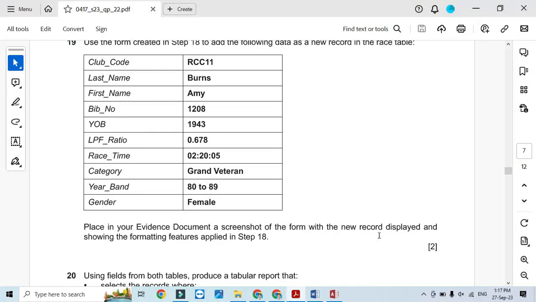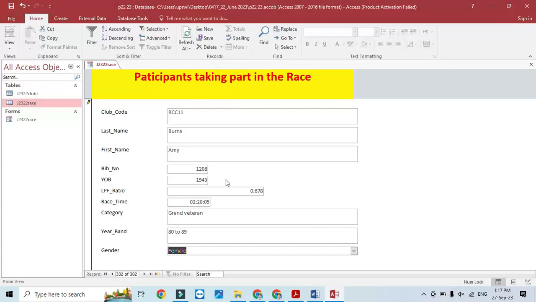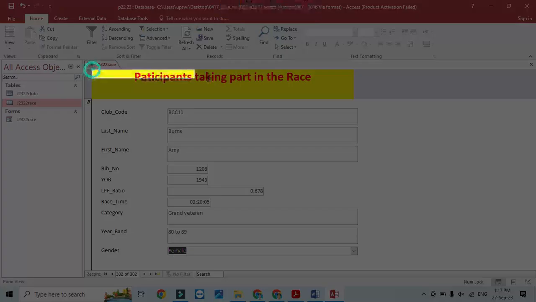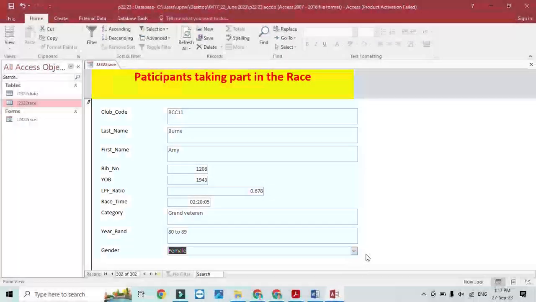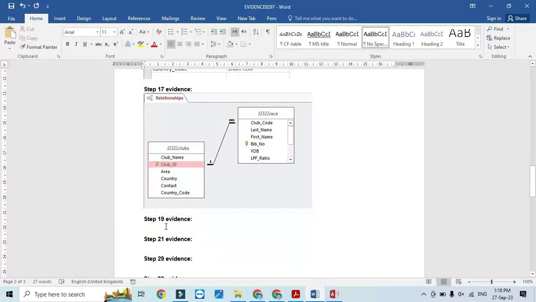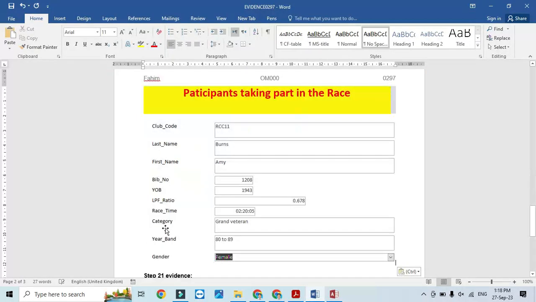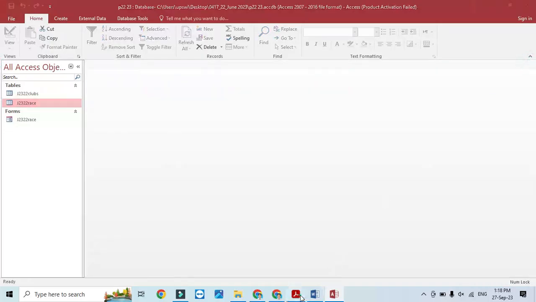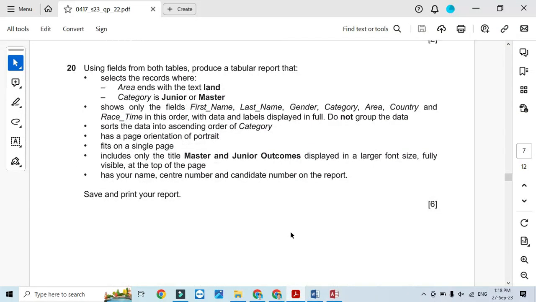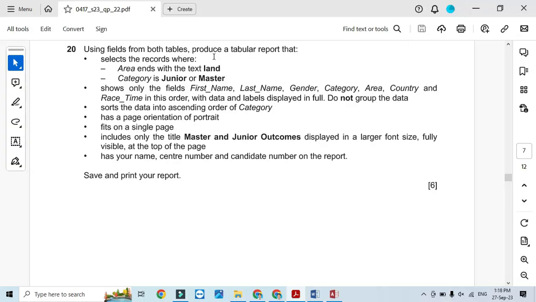Now you need to take a screenshot of how you have entered this data. So you just take the screenshot of this form with the data that you have just entered. This is going to be your evidence for step number 19. Now click on save, close the form, and let's move to the next step, which is how to create a